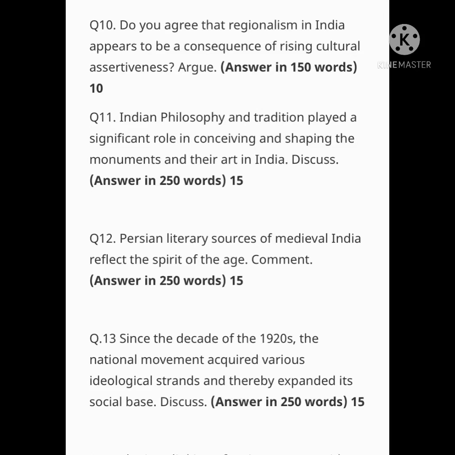This is a question from Art and Culture in the 2020 UPSC Mains examination. This is a 15 marker question. You can see the first question is about Indian philosophy and traditions, how they played a role in shaping the monuments and Indian art. So friends, here you have to write a lot of things, especially when it comes to art and